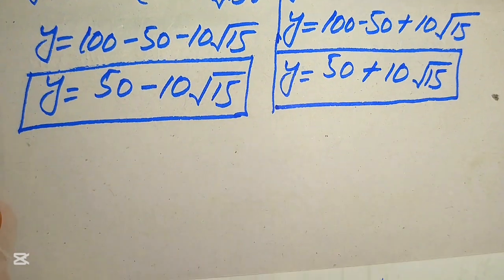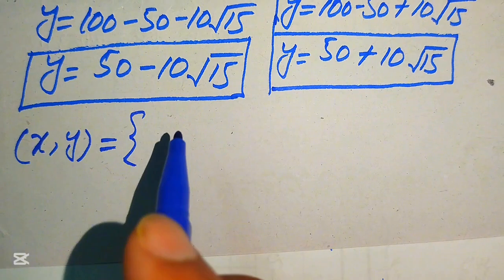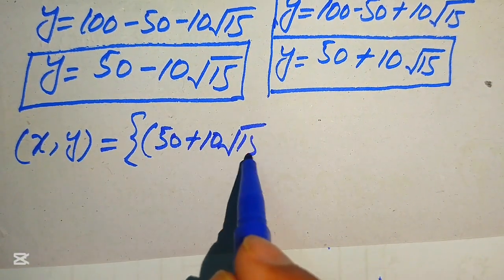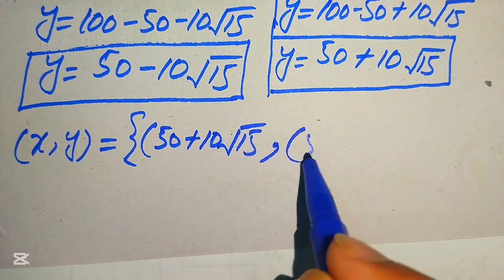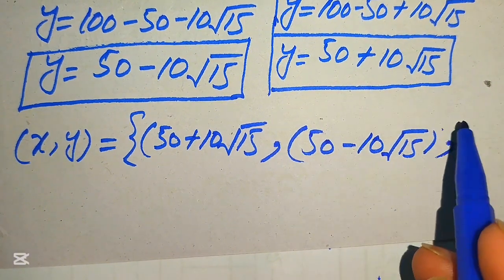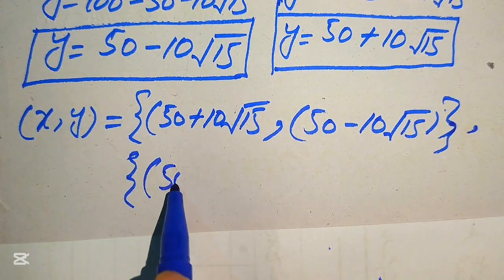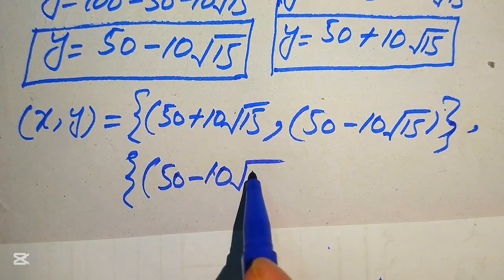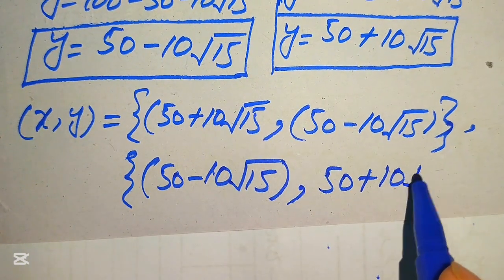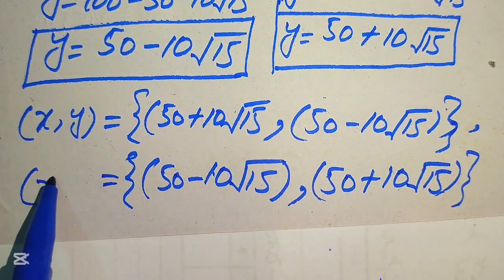So finally we have the two solution sets of the given equation. The first solution set is the value of x is 50 plus 10 times the square root of 15, and the corresponding value of y is 50 minus 10 times the square root of 15. So this is the first solution set, and the second solution set is here. First x is 50 minus 10 times the square root of 15, and the value of y is 50 plus 10 times the square root of 15. So these are the two solution sets of the given equation, and